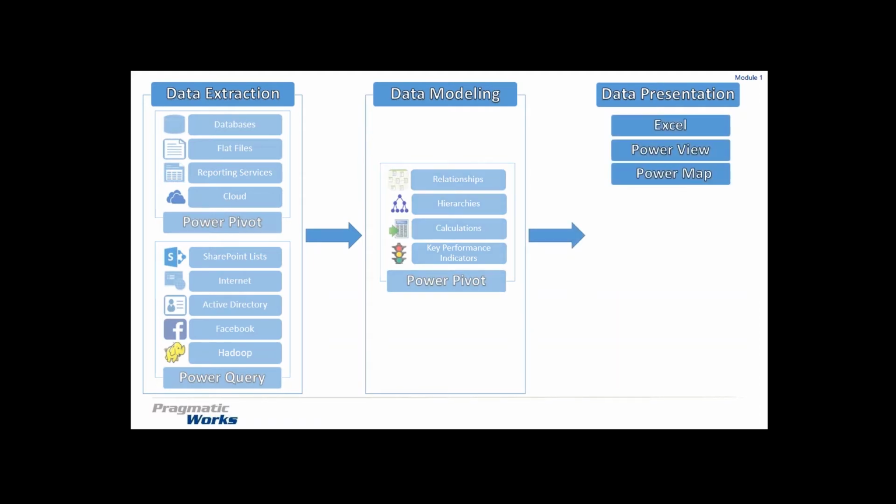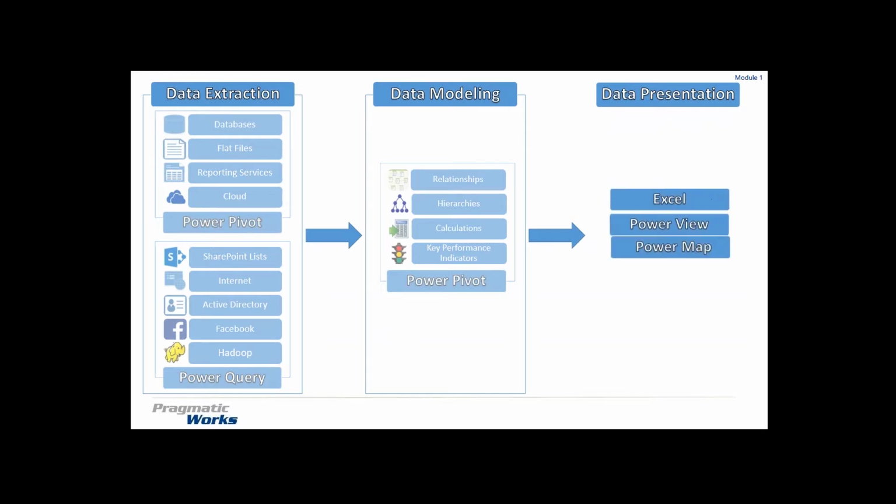Finally, we're going to have to build some sort of data presentation. So we need to make sense of this data. The most common presentation tool that you're going to find in any organization is going to be Excel. And what you'll notice throughout this whole experience today is that we're going to live right inside Excel for the entire time. So it's a user interface that all your users probably are familiar with. The languages that we're going to use very closely, in some cases, mimic the Excel query language there. So it's something Microsoft has done a lot of work with to make users feel right at home there and really make it pretty intuitive for everybody.